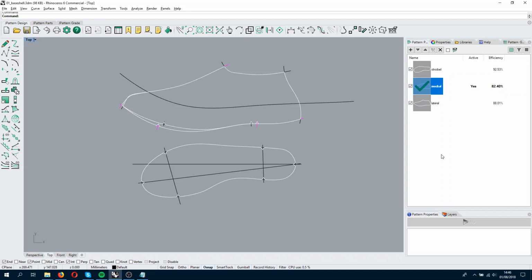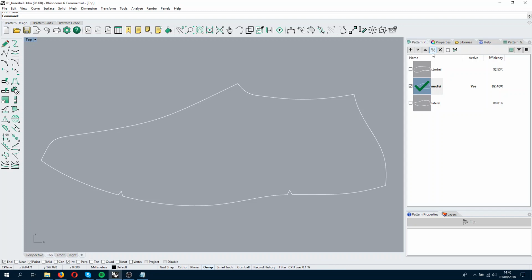What I can do when I have an active part is hide the rest to work on just that specific part. I am telling the plugin that I want to work on the medial. So I click on the toggle master that will hide anything that is not active. Here I have 2 options to edit this. The first is to activate everything that is